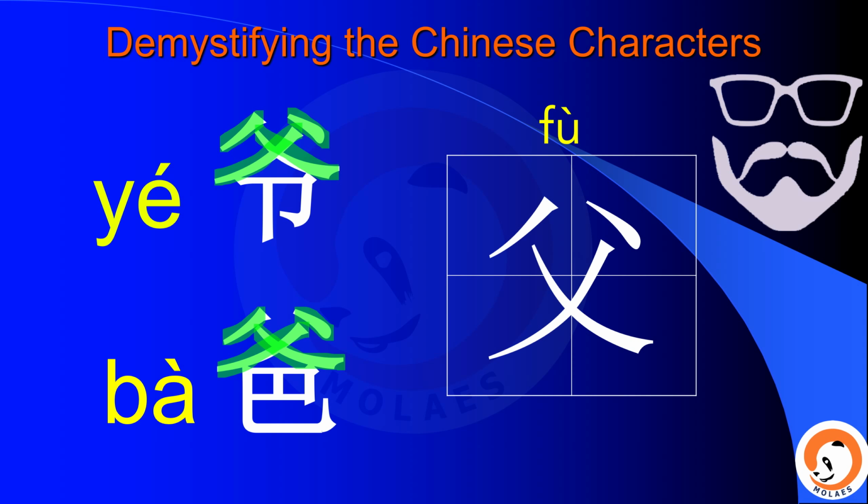Let's look at this picture. It's like a father's mustache, a father. That's how we write it. 一、二、三、四。